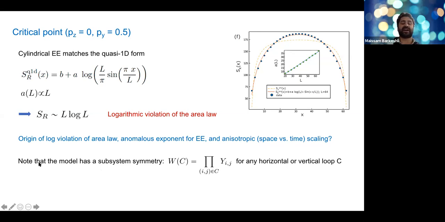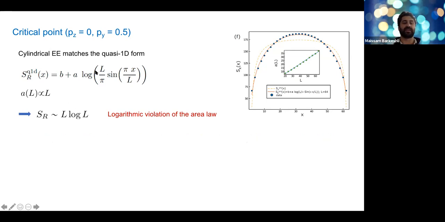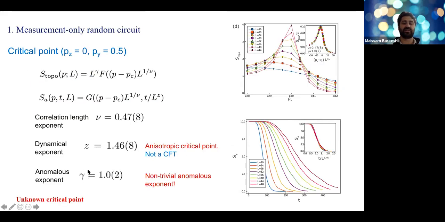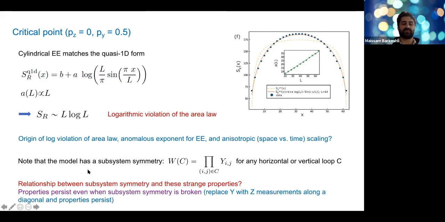Probably the origin is somehow related to the fact that you have a subsystem symmetry. If you take a product of Y operators along any horizontal or vertical loop, this is a symmetry of the circuit. So the circuit actually has 2L symmetries associated with these string operators. So this smells like it should be related to the log violation, quasi 1D form, and anomalous exponents over here, but it's something we still don't